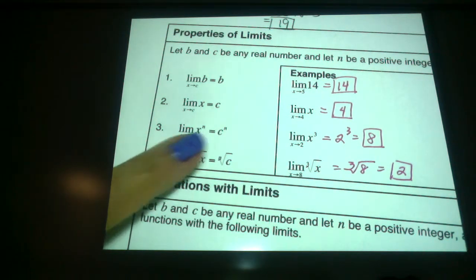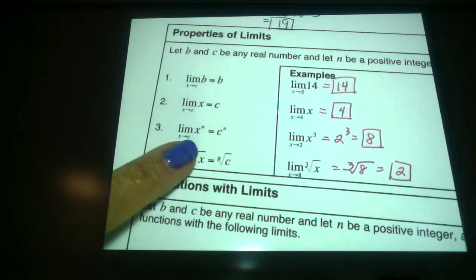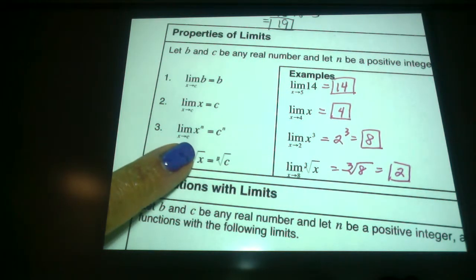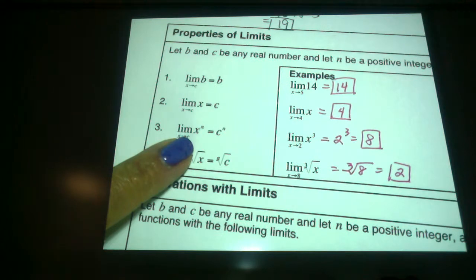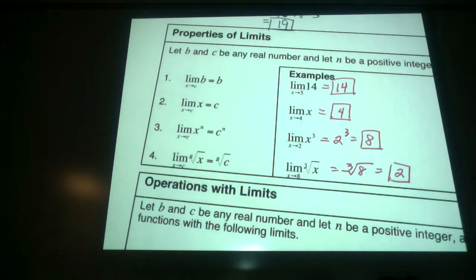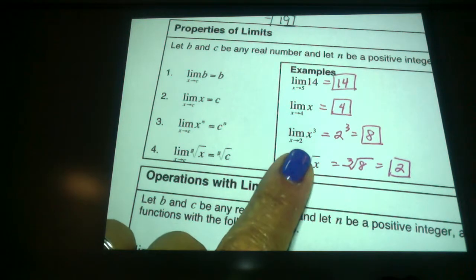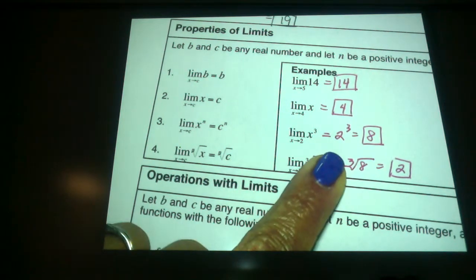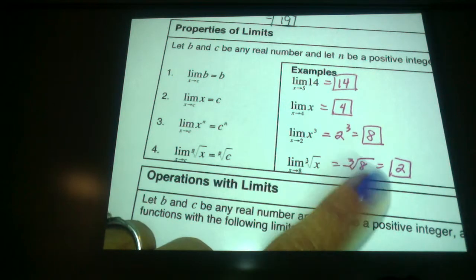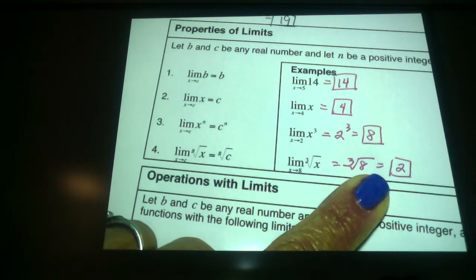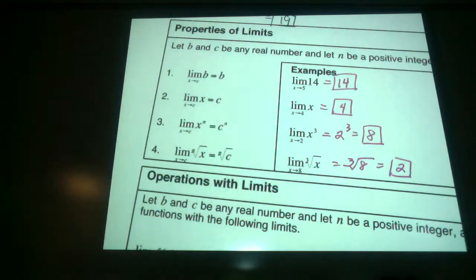If I've got x to any exponents and I'm approaching c, I'm replacing x with c, and so you would just take that number and raise it to that exponent. So for example, I've got x cubed here. I'll know the limit of the function as x approaches 2. If I plug 2 in for x and raise it to that third power, I'm going to get 8. So the limit is 8. And if you look at the graph of x cubed,